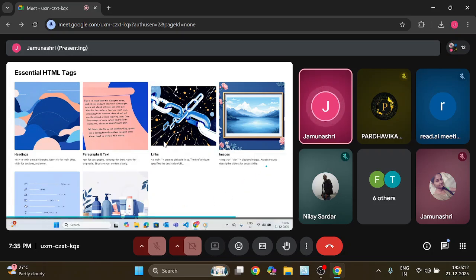Some of the websites will have image tags also, right? That will be represented with img, src and alt, which are the attributes used to display images. And also the next site is,